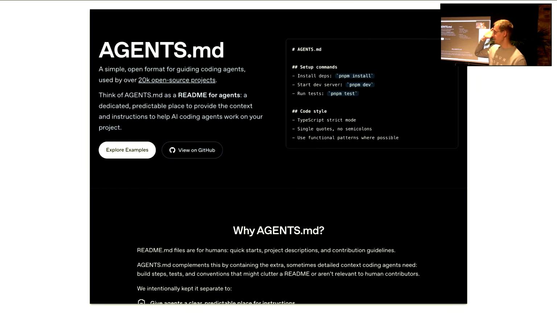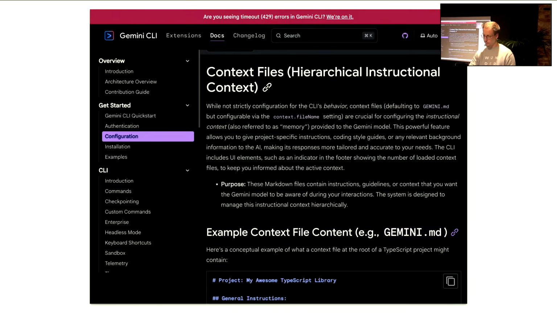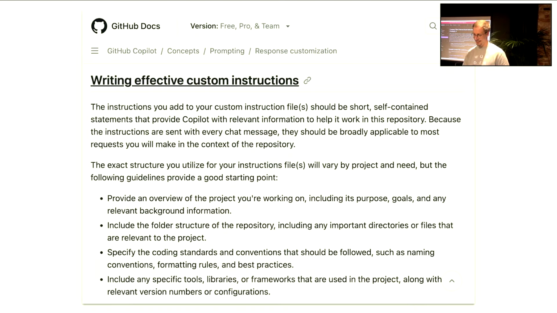Codex users, OpenAI Codex. Yep, some, I expected this, not many users. Have you used agents.md with your Codex? Yeah, cool. Agents MD has an open source format, but that's the one that Codex is using by itself. Oh, we have more. Gemini CLI users. Okay, cool. Have you done these? What are these called here? Context files. All right.